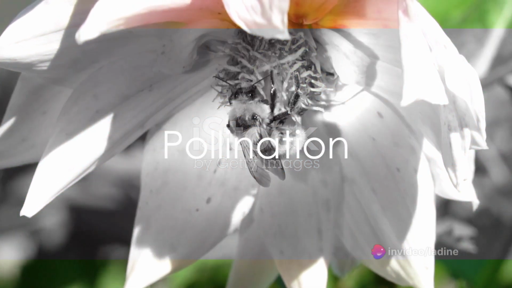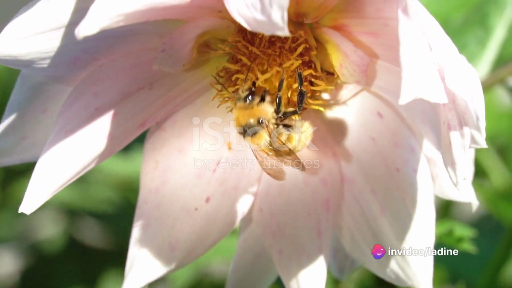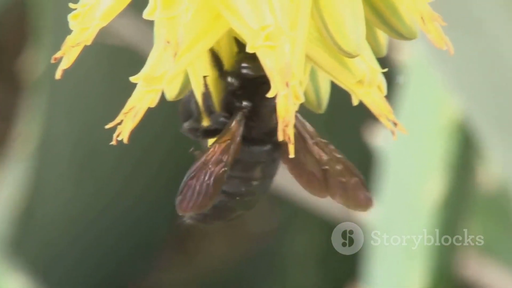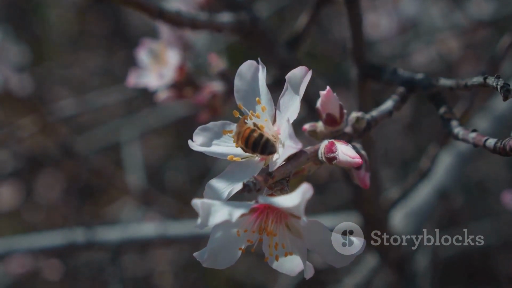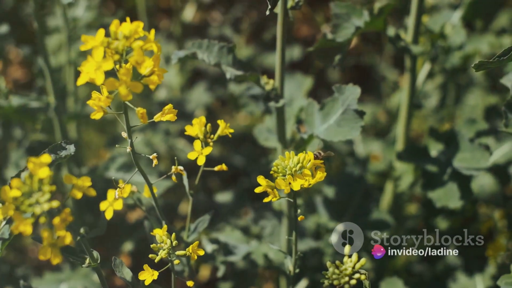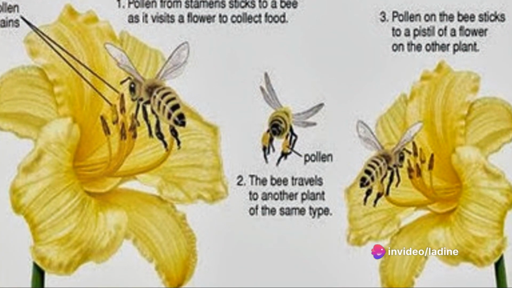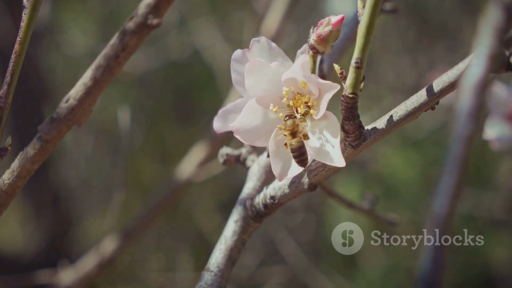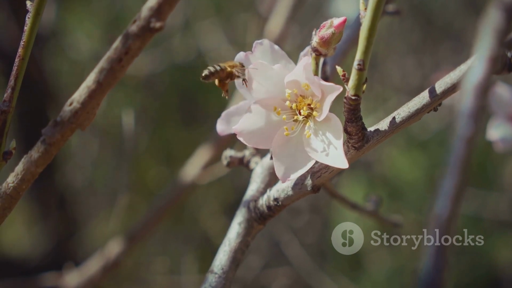Now let's talk about pollination, the process where pollen from a flower's stamen is transferred to the stigma of a carpel. There are two types: self-pollination and cross-pollination. Self-pollination occurs within the same flower or between different flowers on the same plant. Cross-pollination, however, occurs when pollen from one plant is transferred to the stigma of a flower on a different plant of the same species. It's the star player, promoting genetic diversity, reducing the risk of inbreeding, and enhancing adaptation to